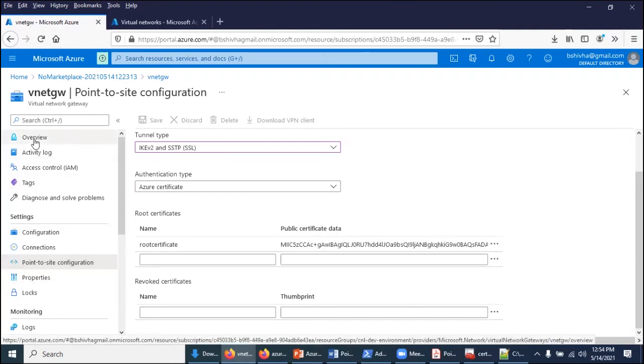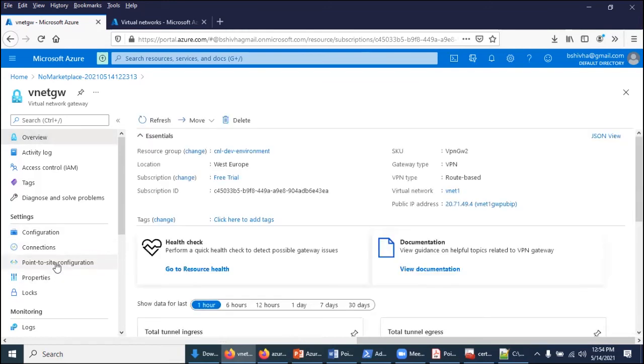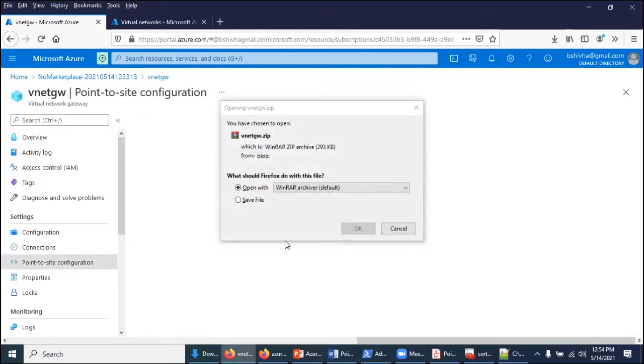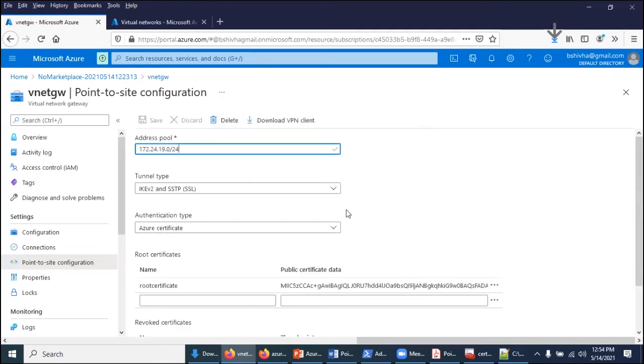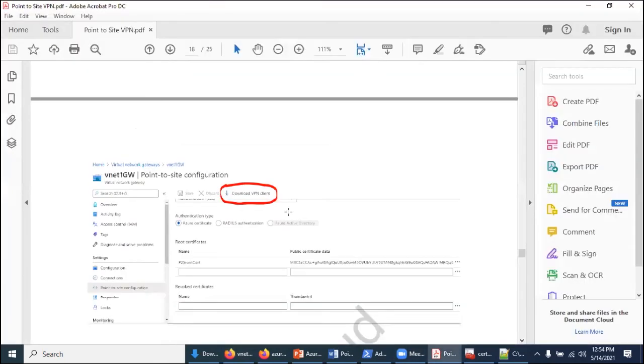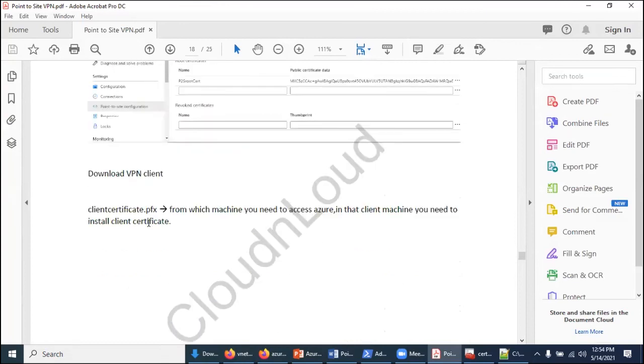We'll go back to the overview. Again, come to point to site VPN. Yes, we will save it. Okay, and go here, download VPN client, and there is a client certificate.